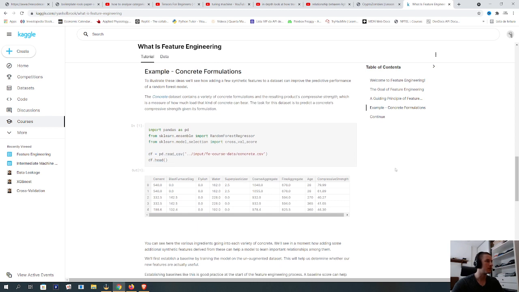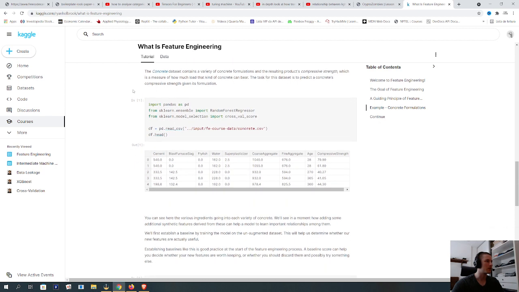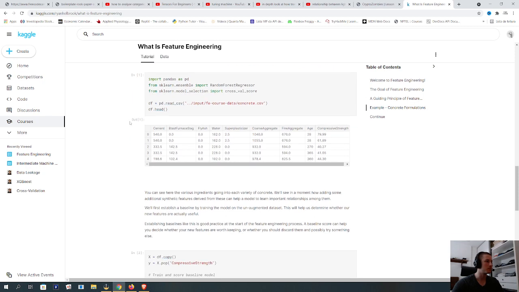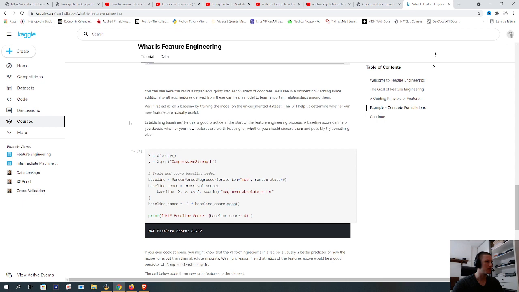Concrete formulations. To illustrate these ideas, we will see how adding a few synthetic features to a dataset can improve the predictive performance of a random forest model. The concrete dataset contains a variety of concrete formulations and the resulting product's compressive strength, which is a measure of how much load that kind of concrete can bear. Thus, the task of this dataset is to predict a concrete's compressive strength given its formulation. You can see the various ingredients going into each variety of concrete. We'll see in a moment how adding some additional synthetic features derived from this can help a model to learn